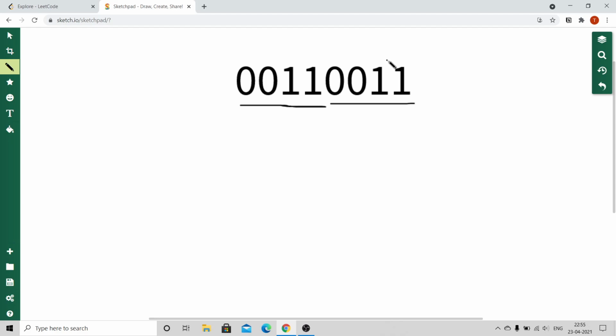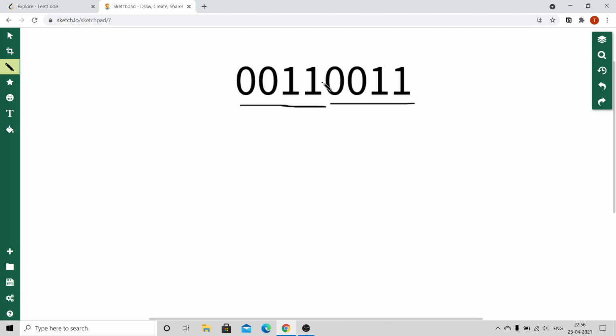But if we take a look at this substring, it has an equal number of zeros and ones, that is both are 2, but the ones and zeros are not grouped together. The one is on the other end, so such a substring is not valid. So for this given example we need to find all the substrings which have an equal number of zeros and ones. So the approach is as follows.